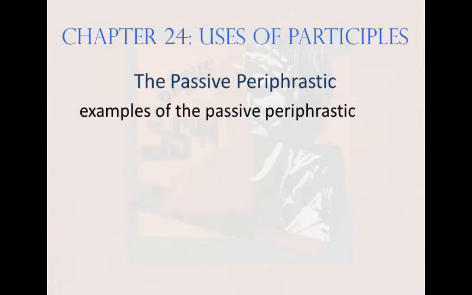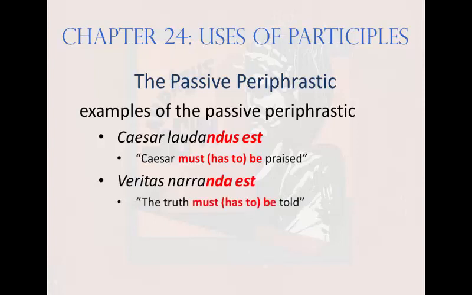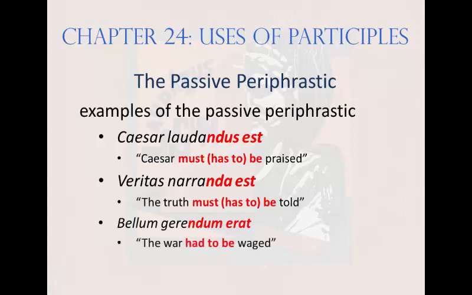And here are some examples of Andy in action. Caesar laudandus est, meaning Caesar must or has to be praised. Veritas narranda est, meaning the truth must or has to be told. Bellum gerendum erat, meaning the war had to be waged. Note in the last example that you can't say must have been waged, because that construction doesn't carry a sense